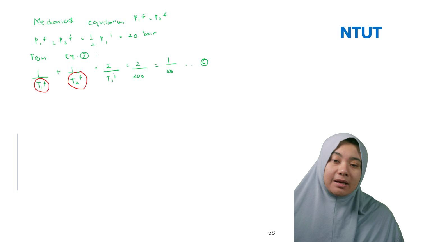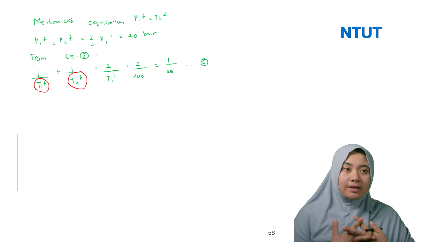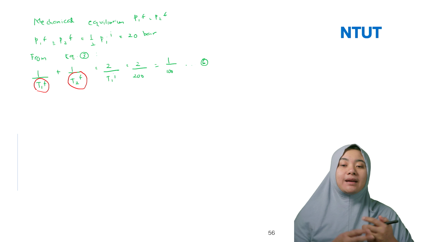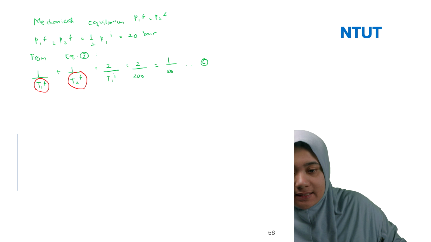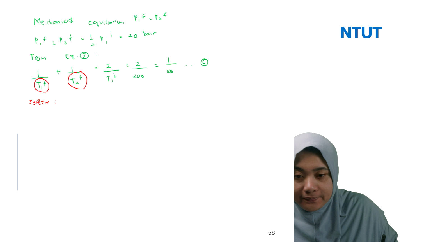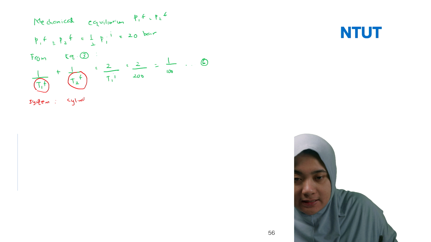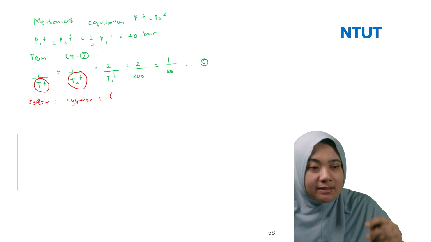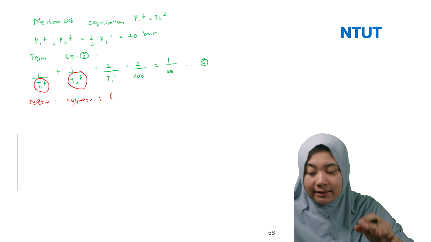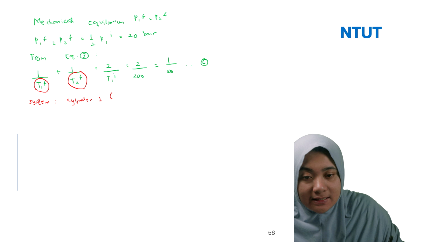In this case we don't have enough equations, so we need to assume another system. We can take just one cylinder, here I take cylinder 1. Because cylinder 1 transfers the gas to cylinder 2, we can take cylinder 1 as the open system,